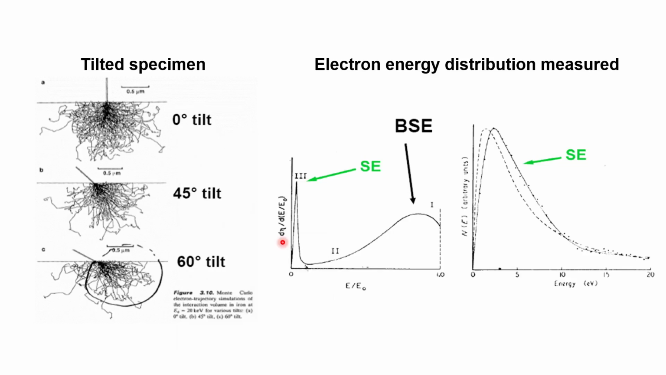So these are the Monte Carlo electron trajectory simulations of the interaction volume in iron at 20 kilo electron volt for various tilts. The main purpose of this is to show how the tilting is happening. I just wanted to make clear that these Monte Carlo electron trajectory simulations are being done, where you can also see that this has a spherical shape, which is given as the interaction volume of the